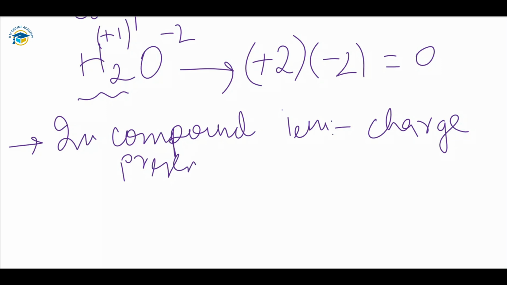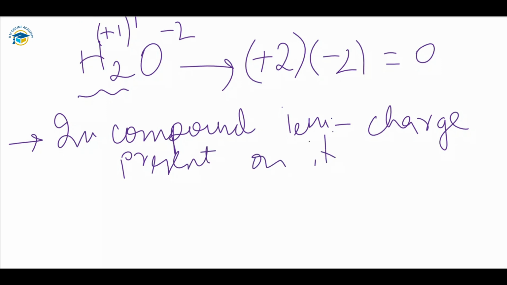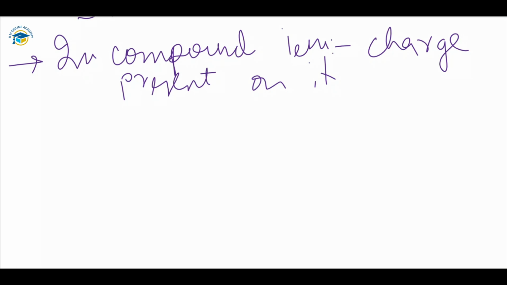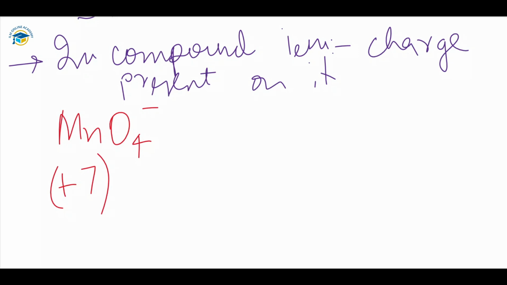For example, we have the manganate ion, MnO4-. In this, the oxidation number of manganese is +7, and the oxidation number of oxygen is -2